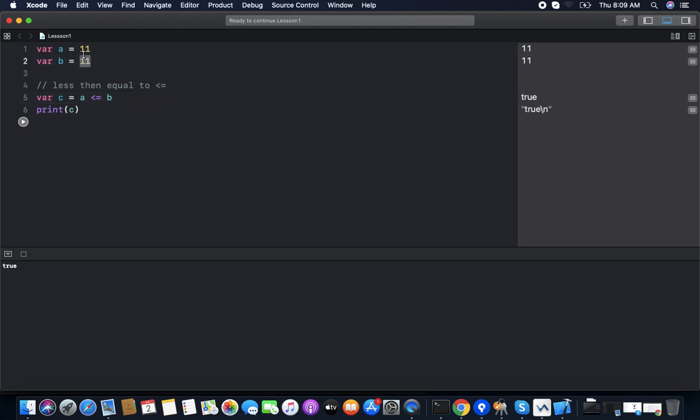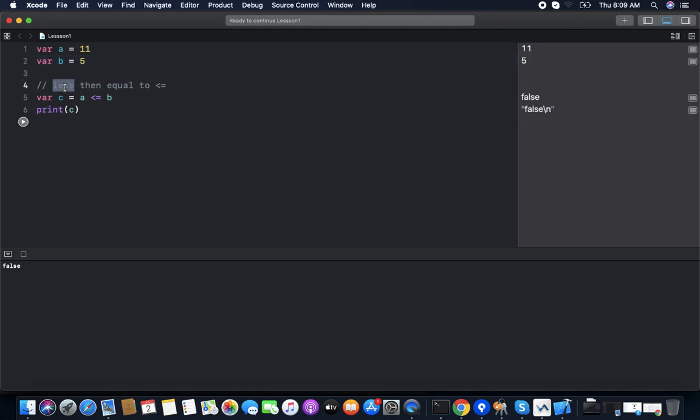If b is 15, then it still remains true because a is less than b. Now if we make b 5, then it's false because a is now not less than or equal to b.